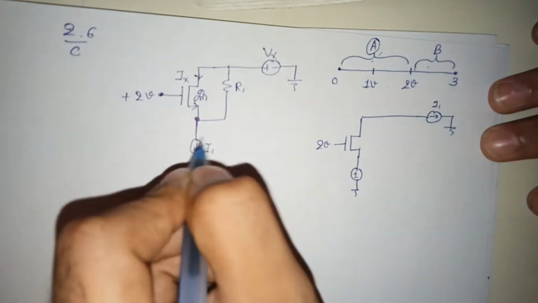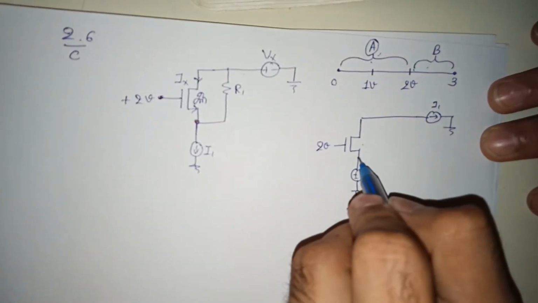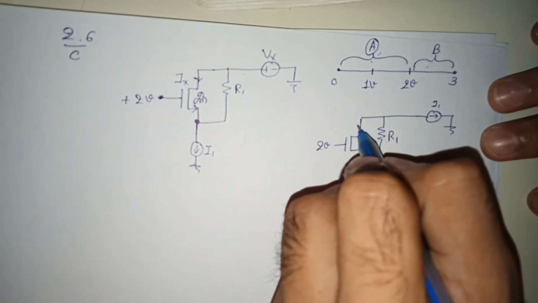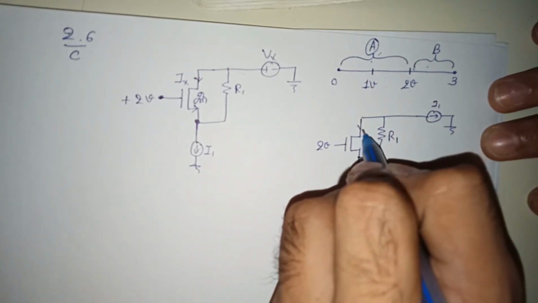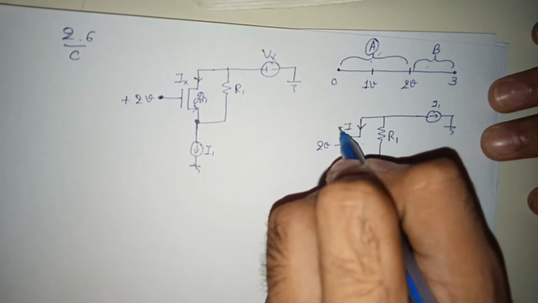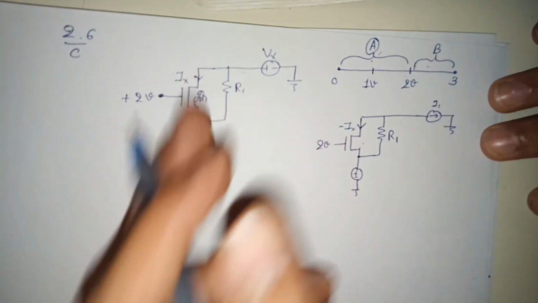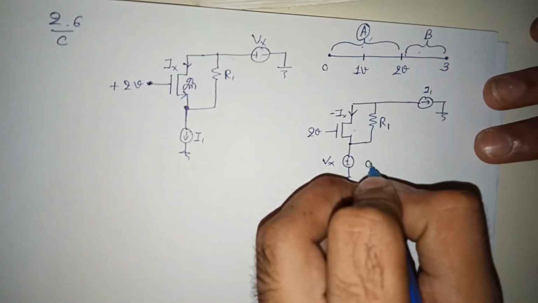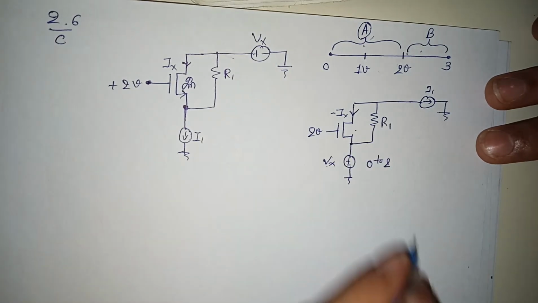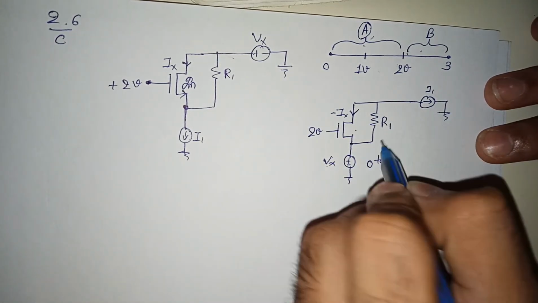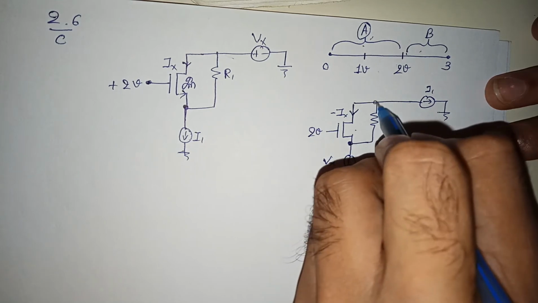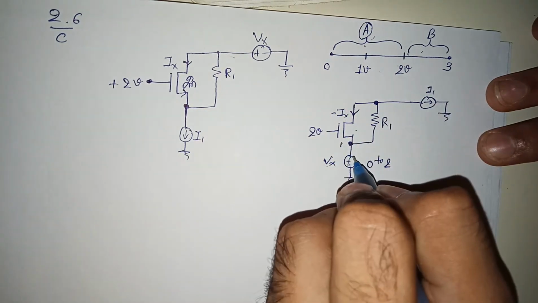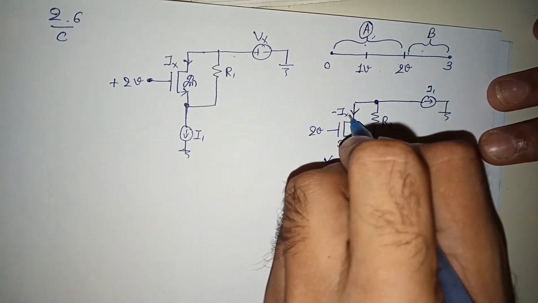This is the I1, right? The same I1 here, and R1, isn't it? This is Ix but minus Ix, because the direction will change here. This is Vx, but the range will be 0 to 2 only. What will happen to make this true? This potential has to be higher than this one. If this is higher than this one, again this will convert into drain and this one will be source.